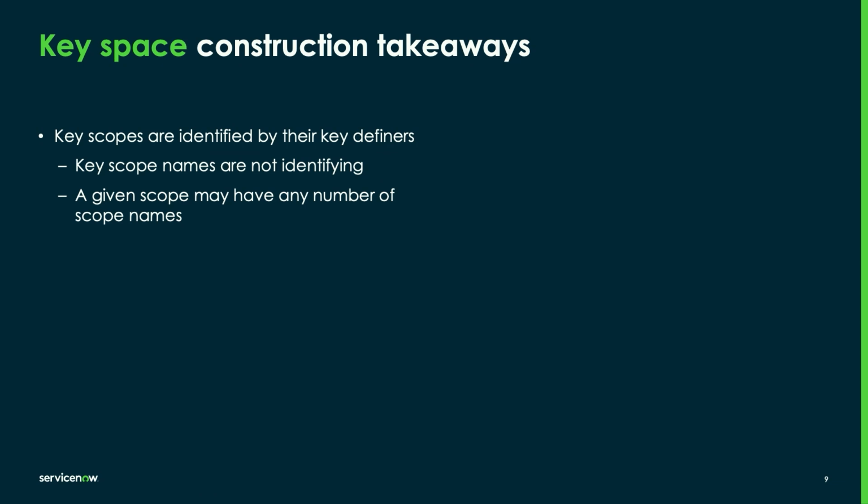So a couple of key takeaways. Key scopes are identified by their key definers. That is, the elements in the map that define the key scopes. Key scope names are not identifying. In fact, when Chris Nitsche first developed the key scope proposal, he didn't even have scope names, because you don't really need scope names. I mean, you do, so you can refer to keys and scopes, but the scope names themselves are not the identifiers of the scopes. The other thing is that a given scope may have any number of scope names,